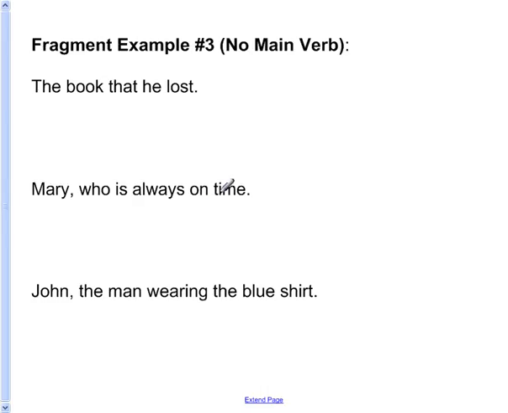Fragment example number 3. Here we have no main verb at all. The first example, the book that he lost. What's happening in this sentence is we have a subject, book, and we also have a modifying word group, that he lost. Remember from our parts of a sentence video that word groups that start with that, which, who, or whom